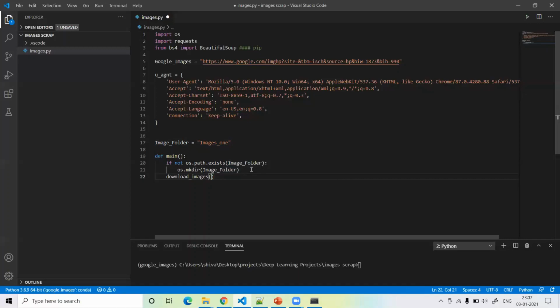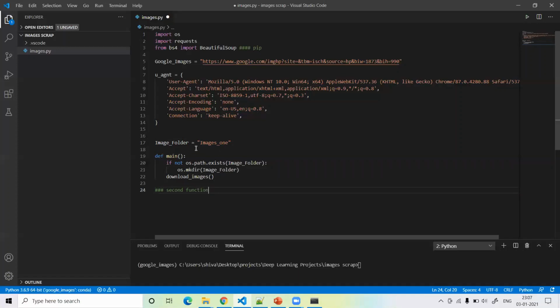So I define this function: if our folder exists, then store the dataset in the existing folder. If not, then create a new folder and store our dataset. After that, we define a second function.